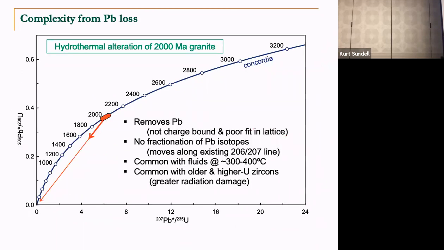So it turns out that in the crystal lattice of, say, zircon, uranium is bound into the lattice. It's nice and strong. It's in there. It's not going to move anywhere. Lead is not. And if you have, say, hydrothermal fluids coming through at 300, 400, 500 degrees C, flushing through your system, it's pretty likely that you're going to remove some lead. The result of that ends up looking something like this, where you begin to pull crystal off of Concordia